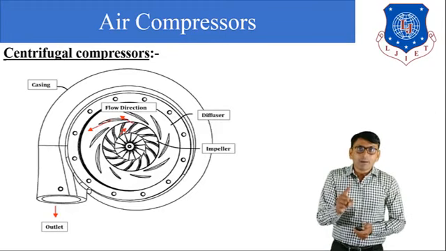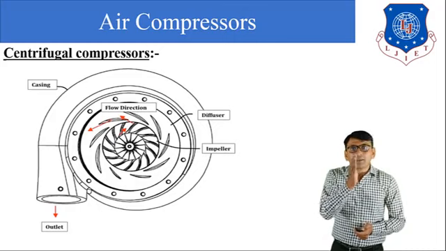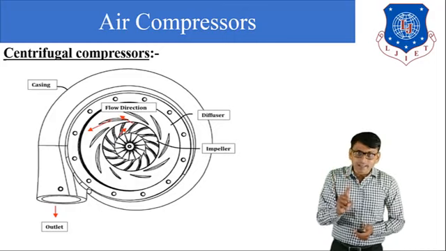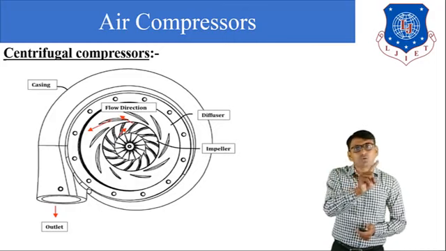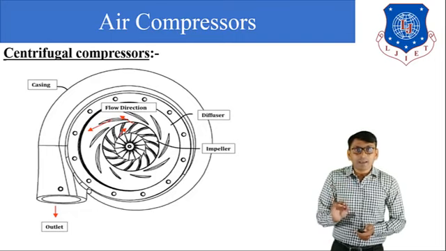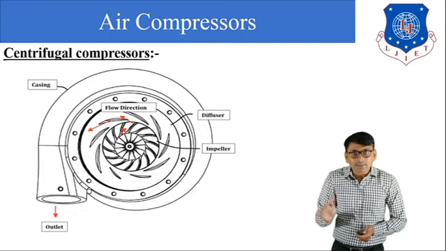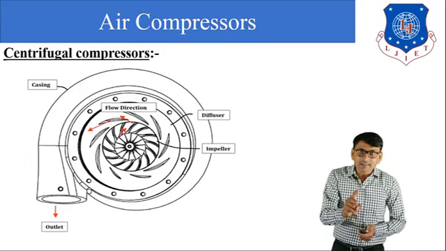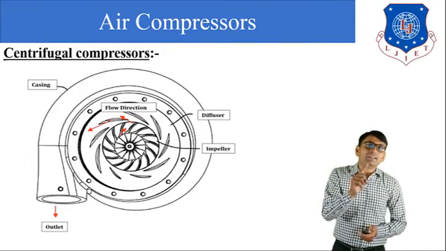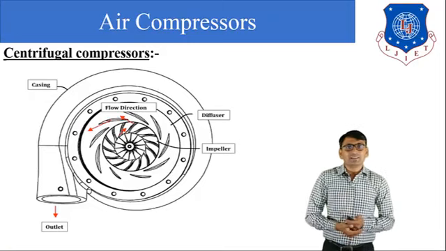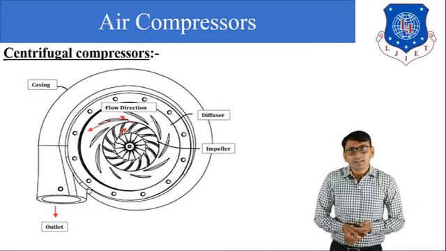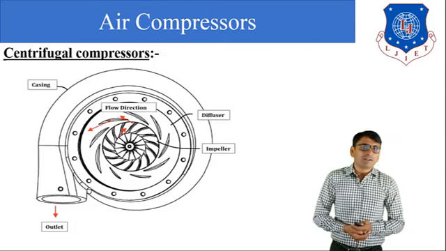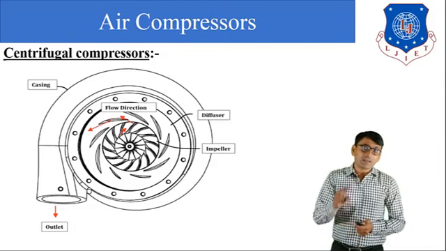When air passes from the impeller blade, its pressure and velocity both increase. When air passes from the diffuser ring, its pressure increases but velocity decreases. So this high pressure air is supplied to a particular application, because in both cases